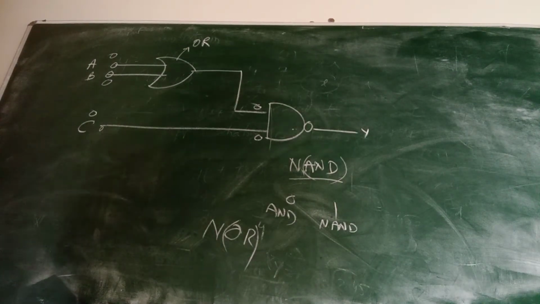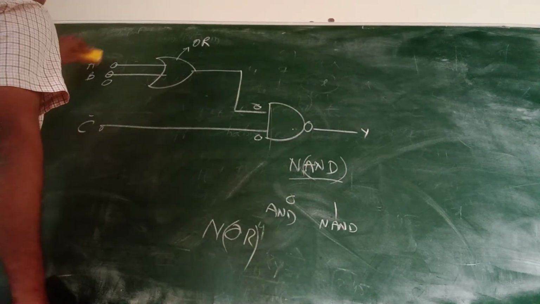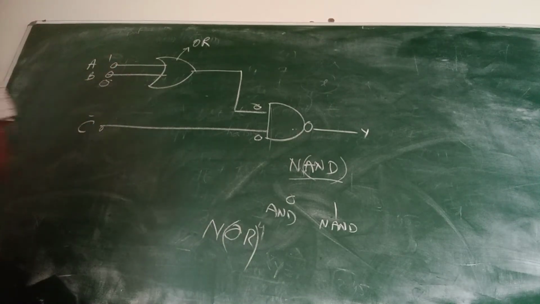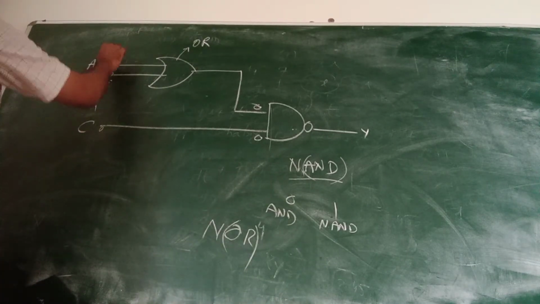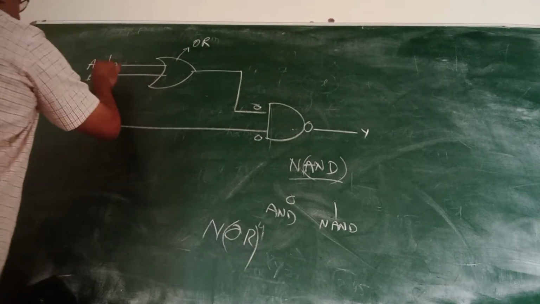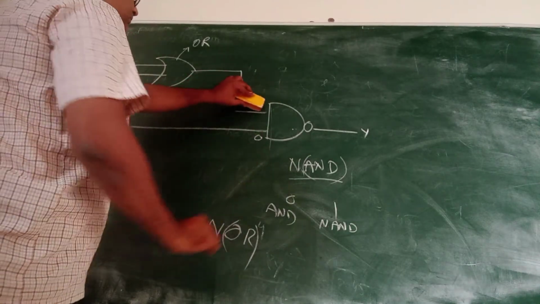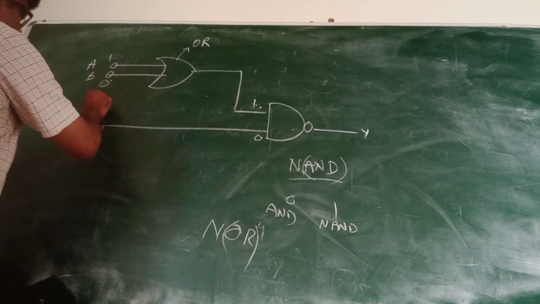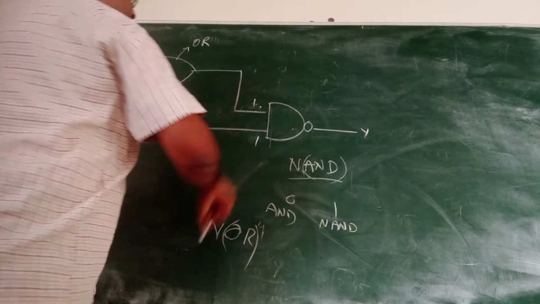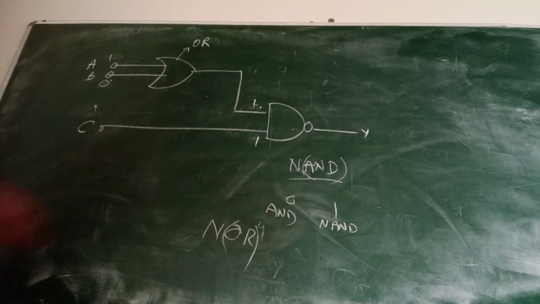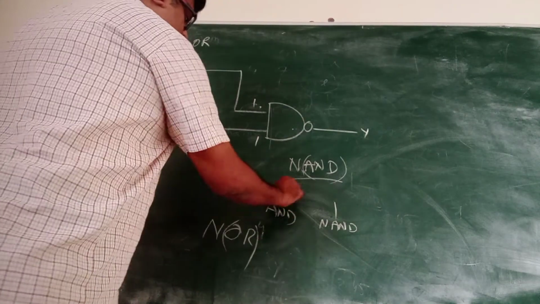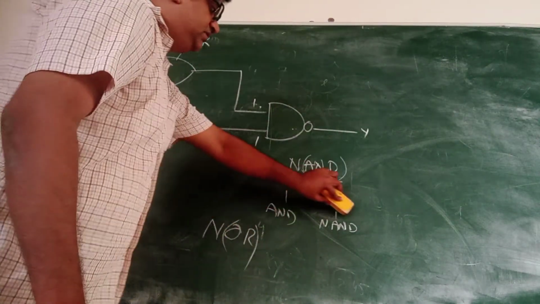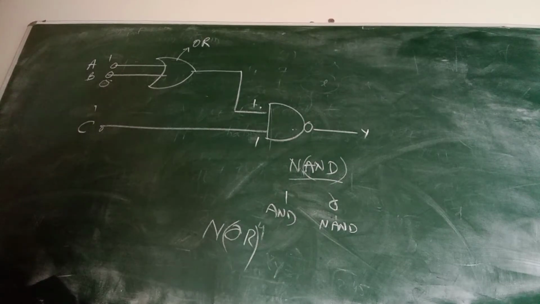Let us take some other situation. Let us say I put here 1, 0 and I put here 1. Now see, 1 or 0, you have to read it as an OR. So this will become 1 because one of them is high, so the output will be high. This is already 1, so this will be 1. So 1 and 1 will give you 1, but NAND will reverse that, it will become 0. Okay.